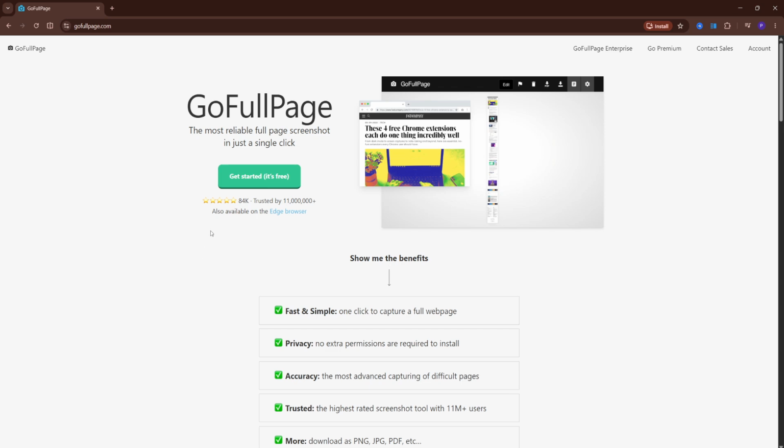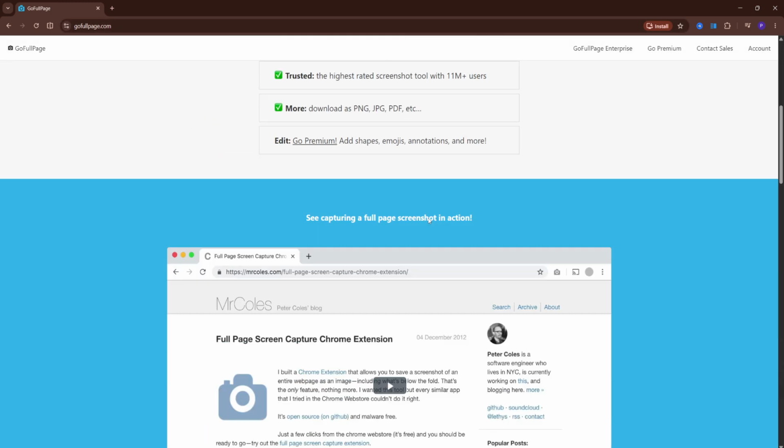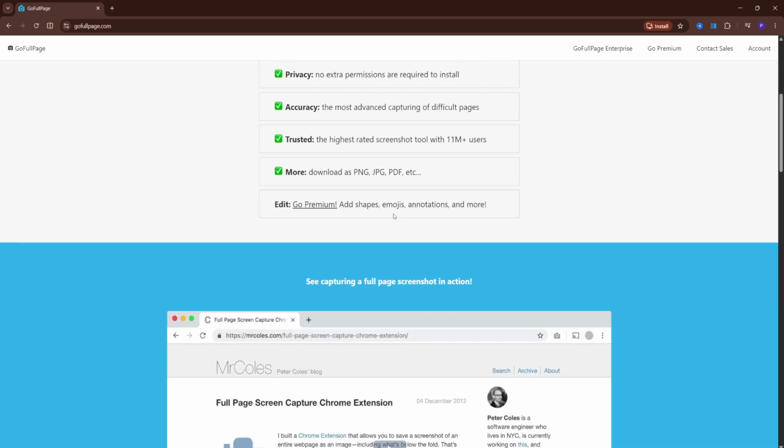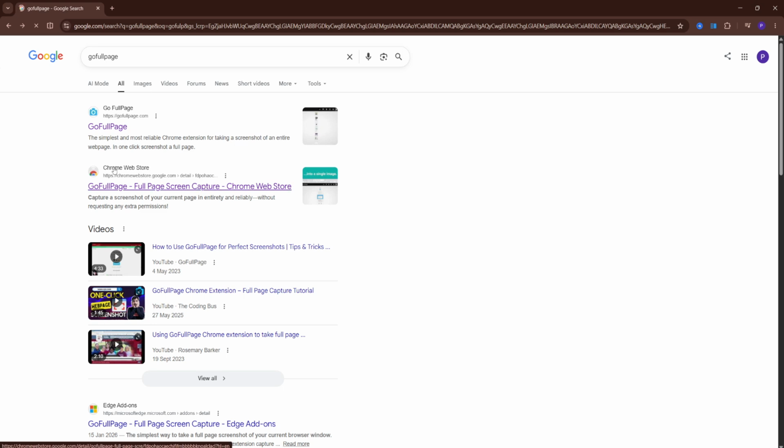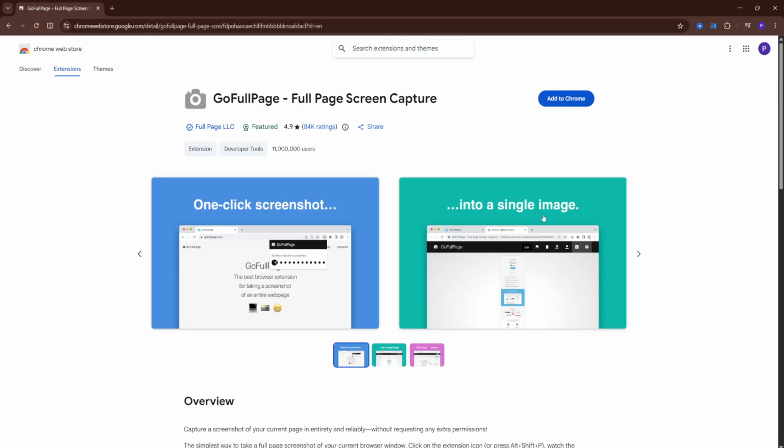So let's go straight into it. Now launch Google Chrome or Microsoft Edge on your computer. What you're going to do next is navigate directly to the official GoFullPage extension page. So this is their official web page. But if I go back and here to the Chrome Web Store, I will see here